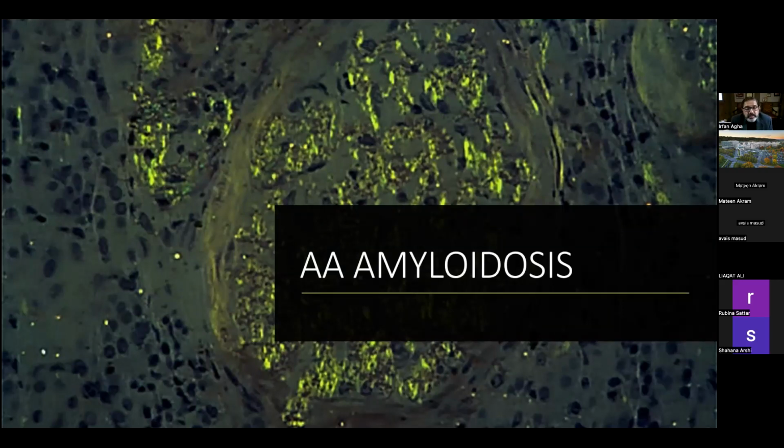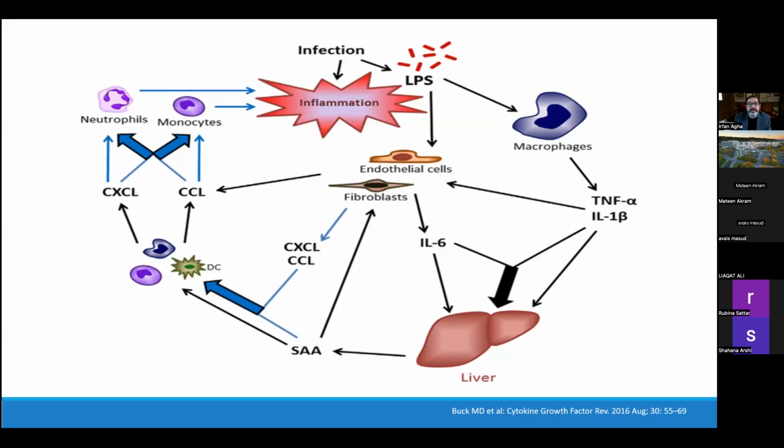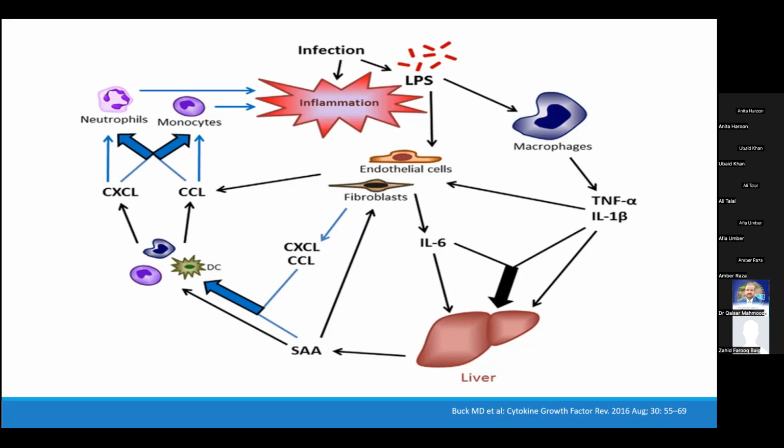I wanted to start with this because I know this is of more interest to our colleagues in Pakistan. A lot of tuberculosis there, a lot of other infections, and many of these chronic infections can lead to AA amyloid. So how does that work? So this is the connection. When you have infection and inflammation,